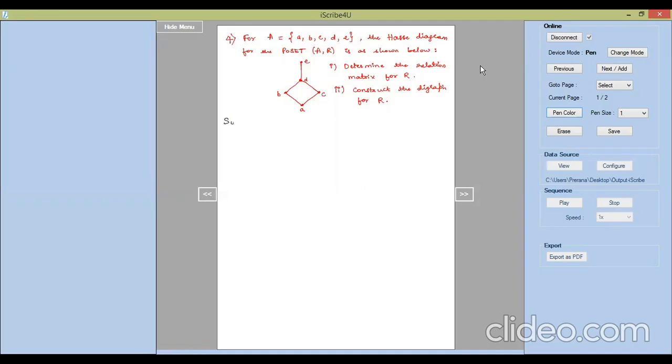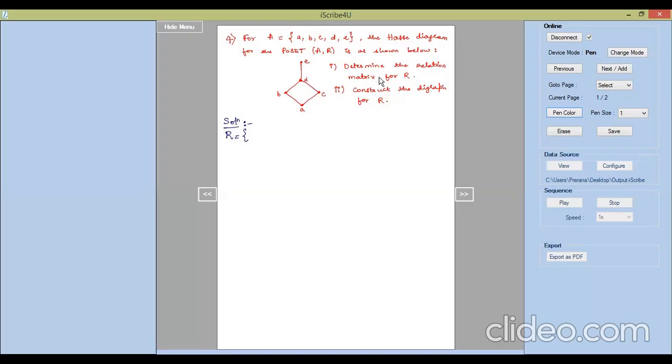So let us do the solution first. Given the Hasse diagram, first we have to write down the relation looking into the Hasse diagram. Only when we write the relation R, it will be helpful for us to do the first and the second subpart of the problem. Okay, so let us write down the relation R associated. How do we look into the diagram and write down the relation? Recall the basic properties of the Hasse diagram. So all the loops are obvious, that is A, A, B, B, C, C, D, D, and E, E.